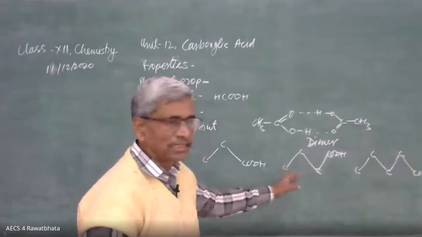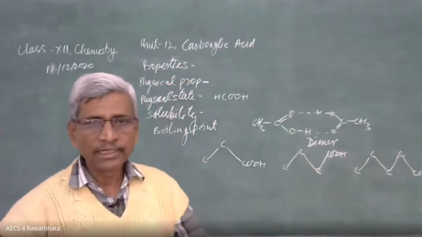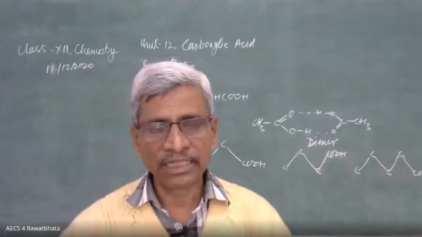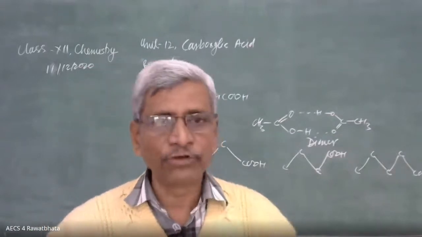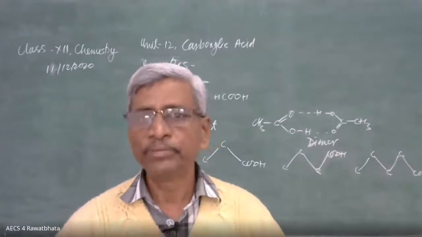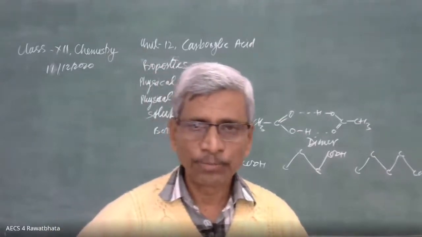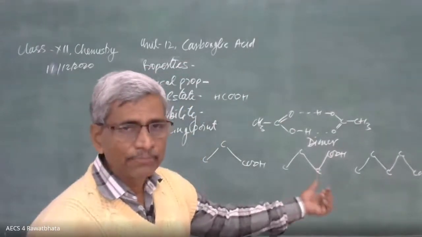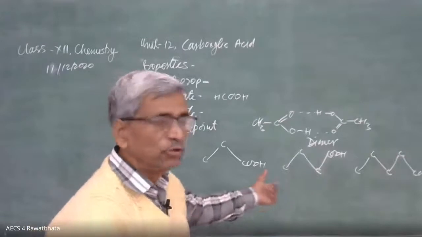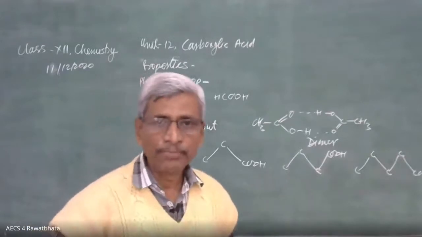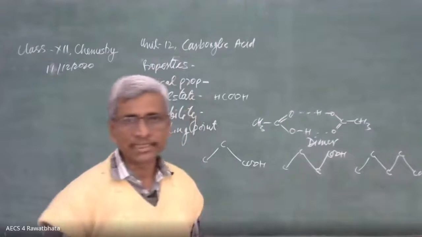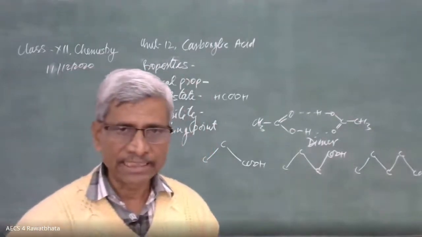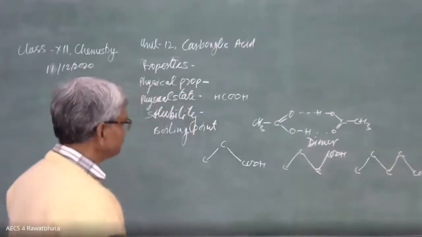If they are on the same side, the crystal lattice becomes poor. This effect is seen up to some carbon atoms, not for all. When the terminal carbon atoms are somewhat away from each other, this effect is minimized. So the 5 carbon acid, pentanoic acid, has a melting point slightly lower than butanoic acid because of the better packing in the case of butanoic acid. This is about the physical properties of carboxylic acid. I think it is clear to you.